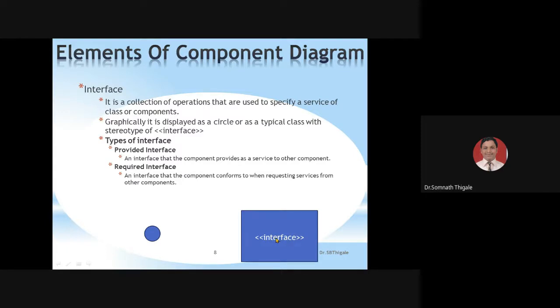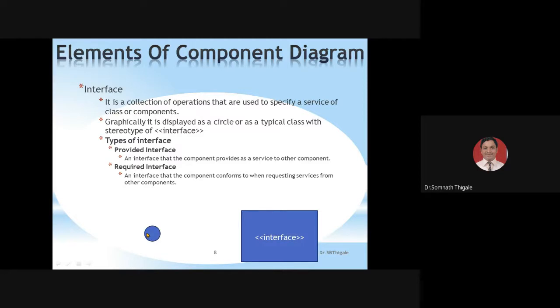So stereotype notation means it is a type of notation to represent things in well-known formats. Sometimes we remember only the basic formats, and suppose we forget the higher notations. In that case you can use stereotype notations. For example, this is the circle to represent the interface.